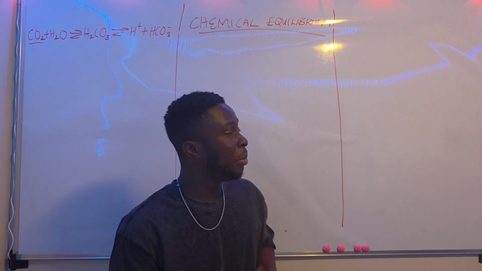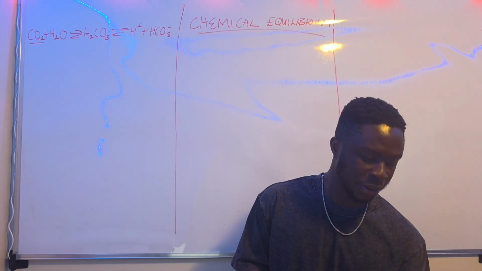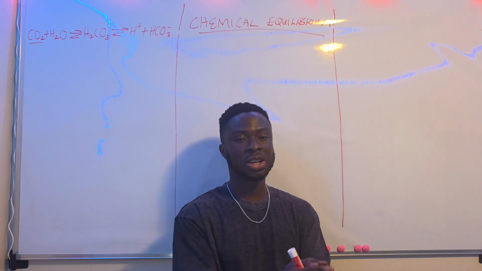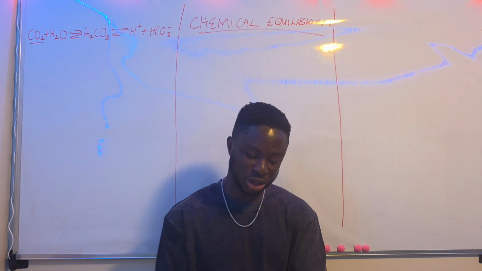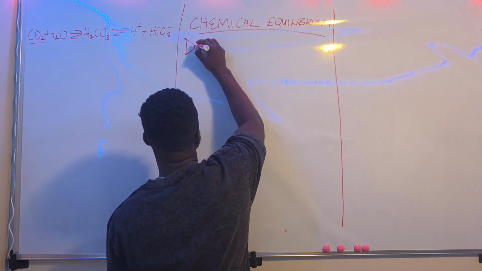Now chemical equilibrium is the midpoint of these chemical reactions. The product we form from irreversible reactions will depend on our limiting reagent. So the limiting reagent will determine the amount of product that we form. Let's move on to